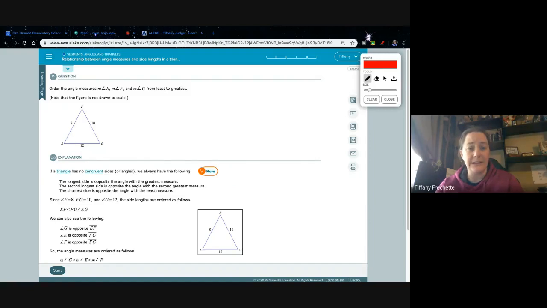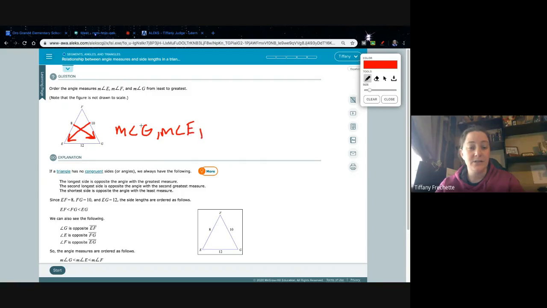So if we want to go from least to greatest, I can simply say, well, what's my smallest side? My smallest side is 8, so I'm going to go 8, and I'm going to go straight across from that. So the measure of angle G is the smallest. And then I go to my next side. So I went smallest, now I want to go one bigger, or the next biggest, I guess I'm saying that funny. So 10. So 10 is across from E, so that means that the measure of angle E comes next